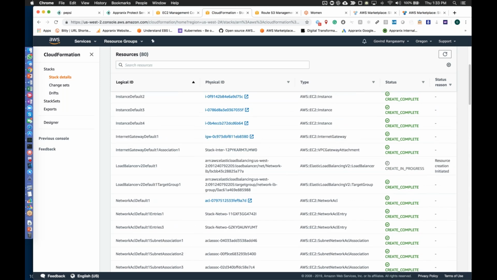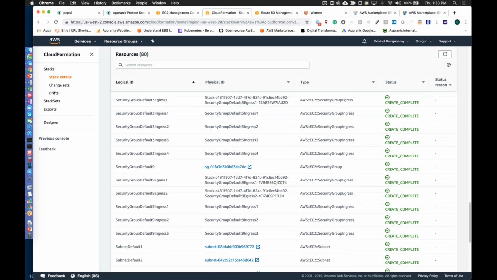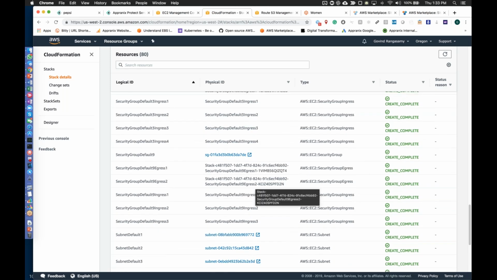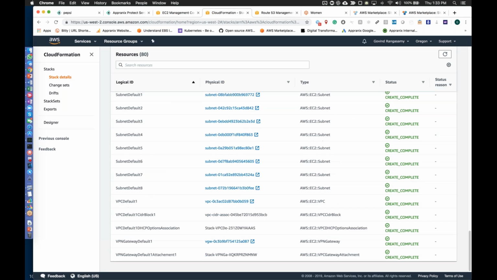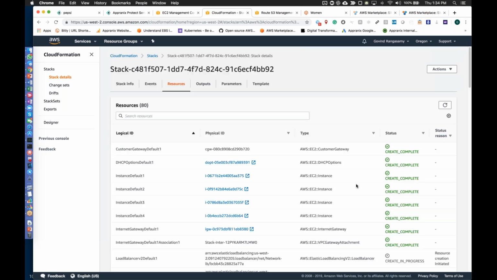All of that will be appropriately brought up. And the great thing about this approach is that we are creating the entire stack, entire native CloudFormation, and then giving it to AWS to run it. And if something goes wrong, as you can see, it will revert back. So your infrastructure is protected in terms of not screwing up. You can always look at what's happening in the backend on AWS.